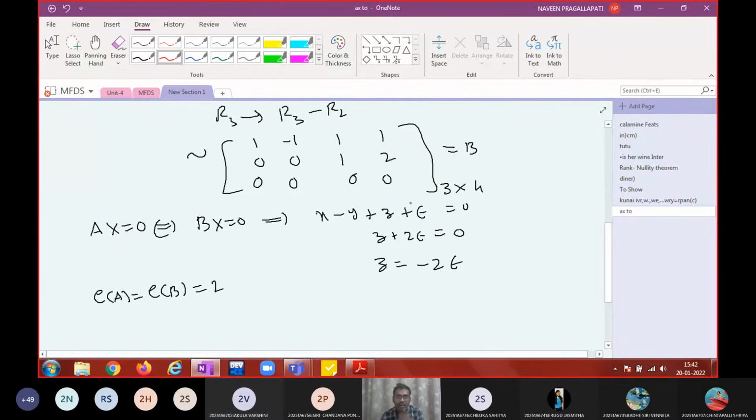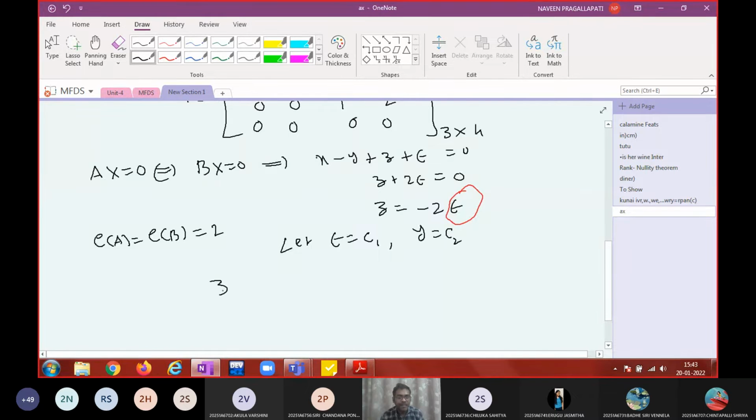x, y, t. t is one independent variable. You can assign any value to t. Can z be independent? z cannot be independent, because z is depending on t. So one of the free variables is t. What is the other free variable? One of these two, x or y. So if I consider t as c1 and y as c2, then you are getting z equal to